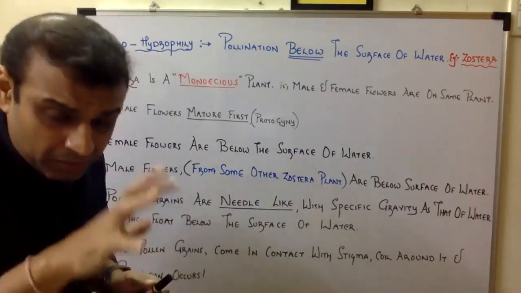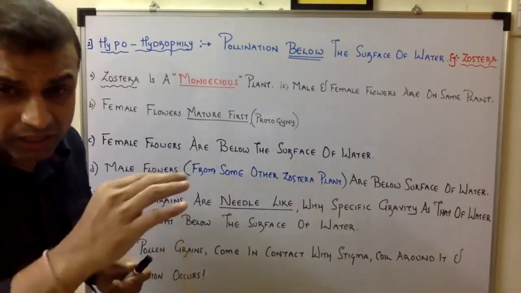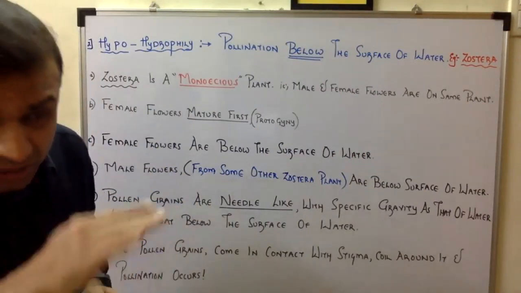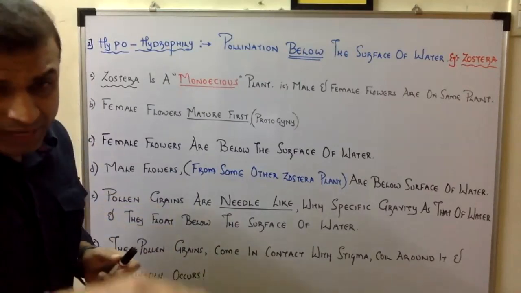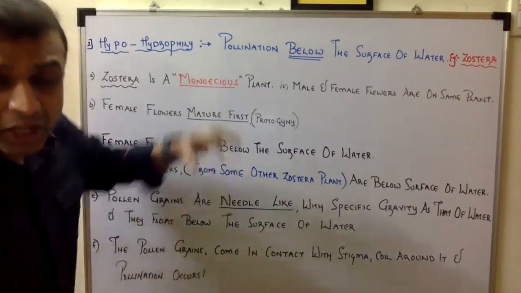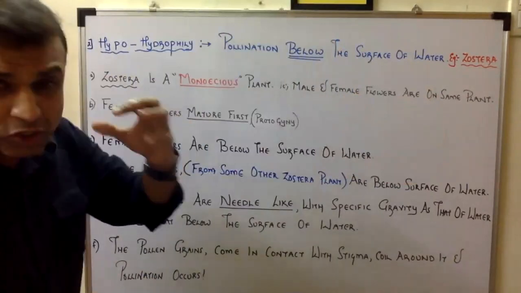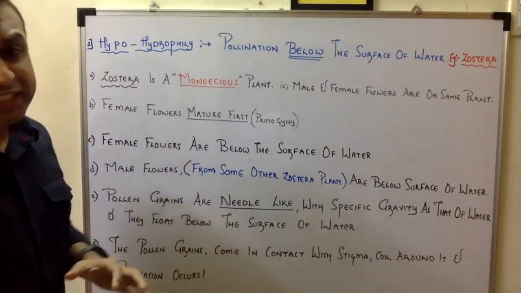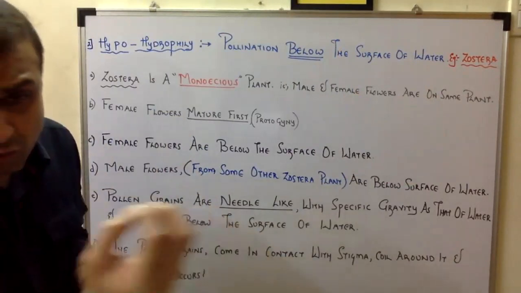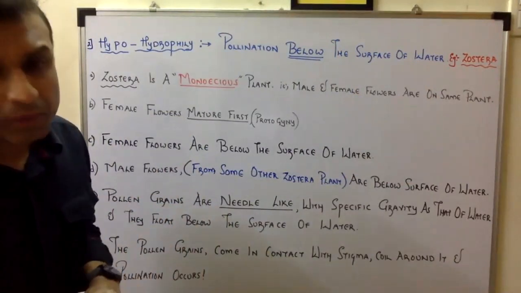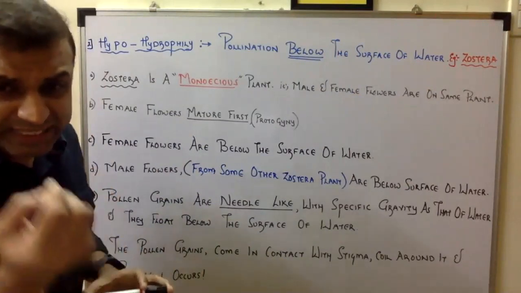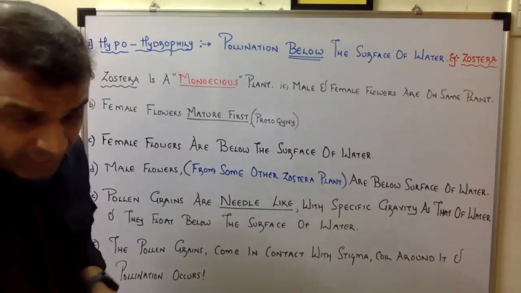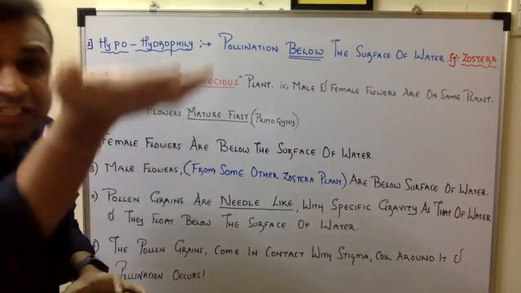वाटर करंट जब भी मैं बात करता हूं तो प्लीज रिमेंबर, वाटर करंट पानी में नीचे भी रहता है. ओके, रादर मैं बोलूंगा कि वाटर करंट पानी में नीचे ज्यादा रहता है. ओके, तो वाटर करंट की वजह से कोई दूसरे Zoostera प्लांट के जो मेल फ्लावर्स हैं वो फीमेल तक पहुंचेंगे. अभी जैसे ही फीमेल तक पहुंचेंगे वापस वो मेल फ्लावर्स ओपन होंगे, जिसको हम लोग बोलते हैं एंथसिस। उसमें से नीडल लाइक पोलन ग्रेन्स बाहर निकलेंगे।